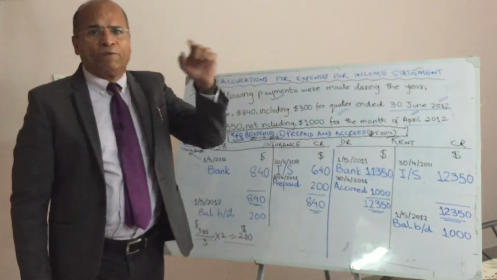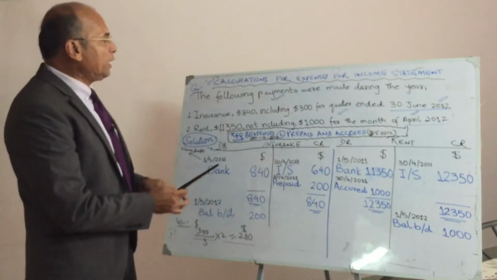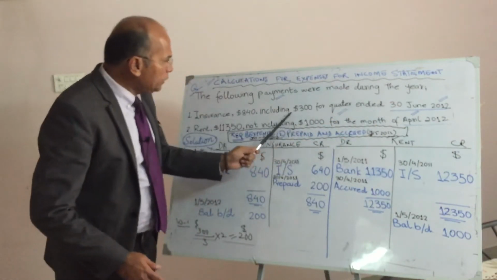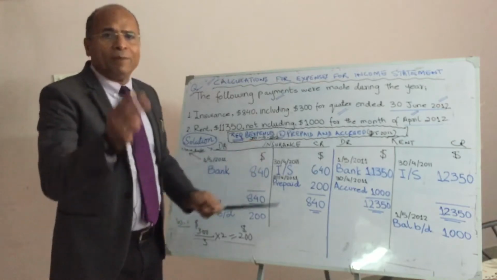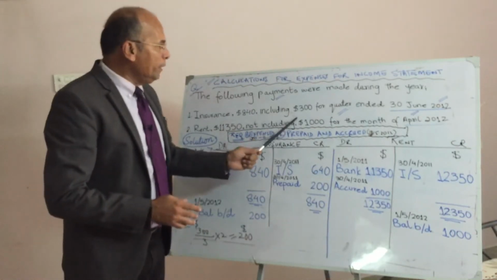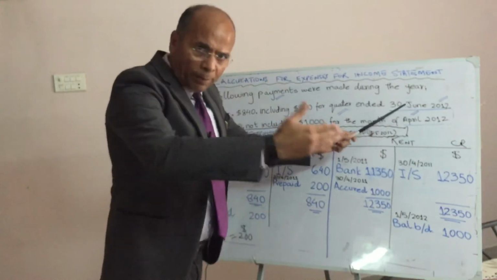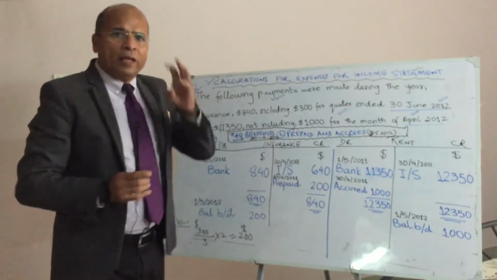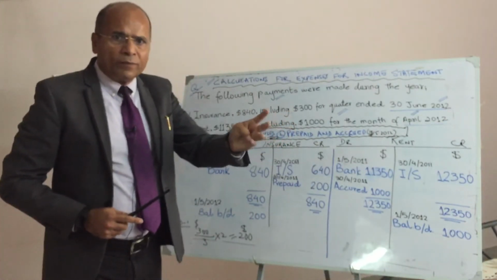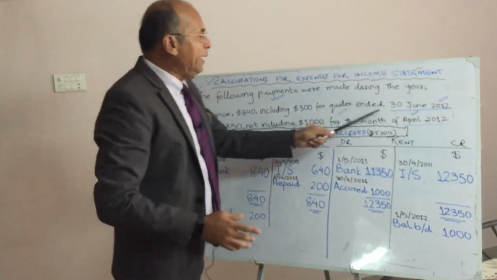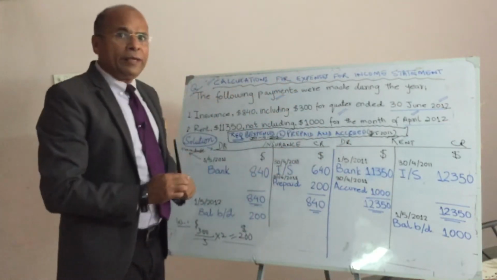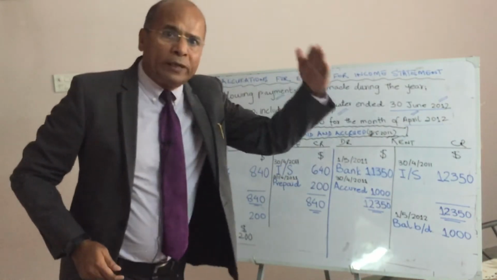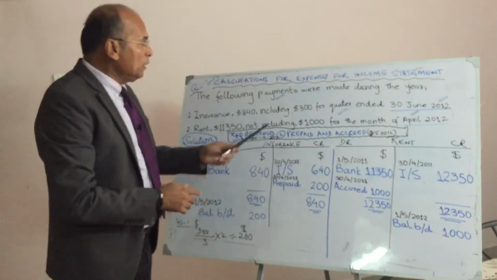2012-2013 for example. So in this question he says our quarter ends on 30th June, and this specific payment is for 3 months. This payment ends in June, so you come back from June: May and April. It means this payment is for 3 months, April, May, June. You understand? April, May, June, because this payment will end on 30th June, while our accounting year will end on 30th April. It means the payment is going out of our accounting year.